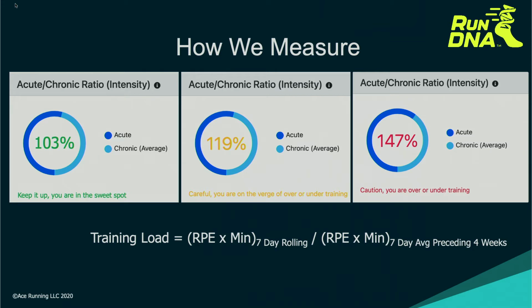Then you say that is your 240 points for the day. Then you add up all the points for the last 7 days and divide that by that average 7-day period for the preceding 4 weeks. And if you think about this, this really makes sense because I give a practical example when I explain this